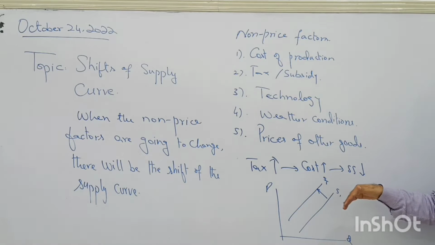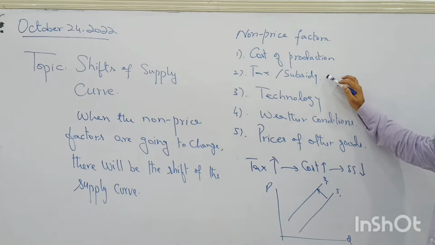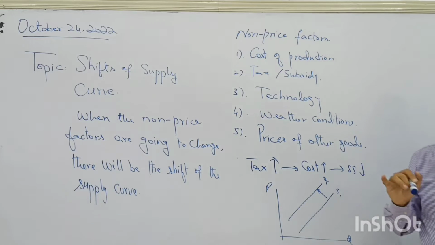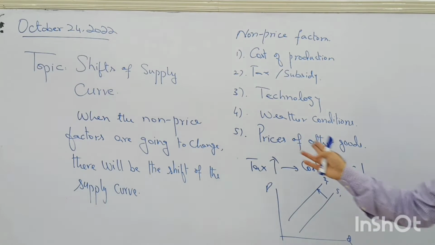When the tax by the government is reduced, the cost of production for the producers will fall and they will be ready to supply more output. And a decrease in tax is the same as a subsidy provided by the government. Subsidy means the opposite of tax. For example, the government was taking 10 rupees per unit tax, now the government has decreased the tax from 10 rupees to 5 rupees per unit. So the tax rate is decreased by 50%, and in that case supply will shift rightward.